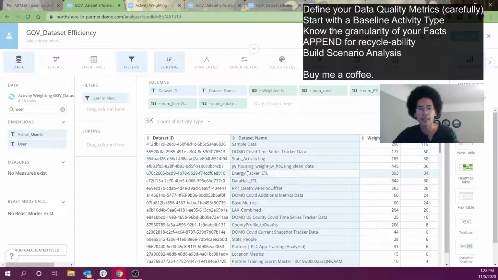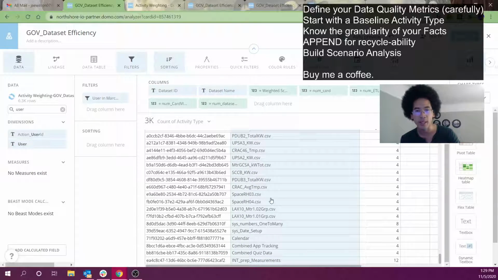You could add some more logic to say, hey, if the data set is a duplicate of something else or has the name of copy of in the title, right? You can make all sorts of ways of prioritizing different things, and this will help you make your Domo governance job a lot easier. The best part about this is I just have to add the owner ID column to my data set, and now down here I can say,